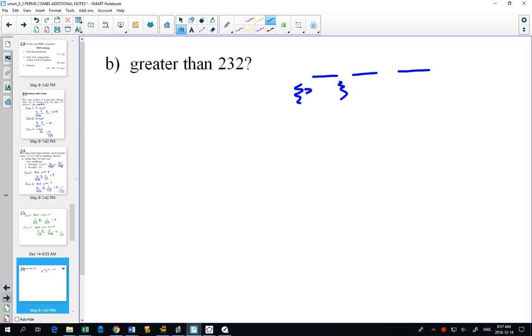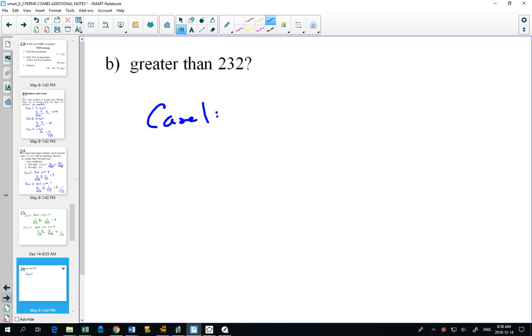For sure 3, 4, and 5. Could I start with a 2? Then when I get to spot 2, we have a problem. Why is there a problem here? Because if it's the 2, I don't have as many choices. But if it's the 3, there's no problems, right? So on these questions where it's greater than,